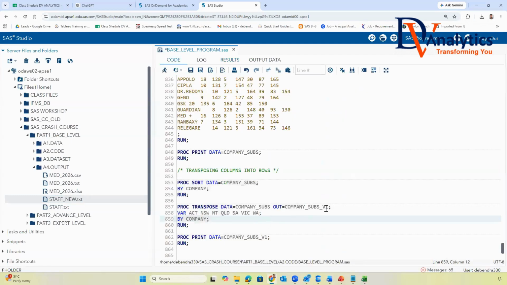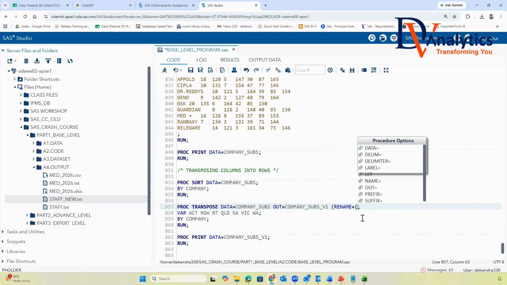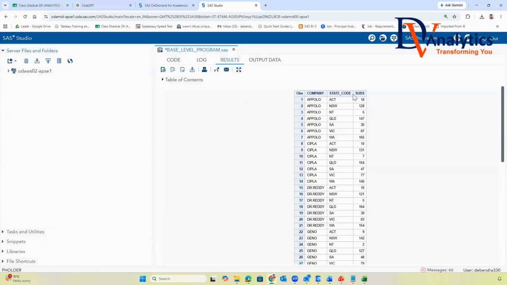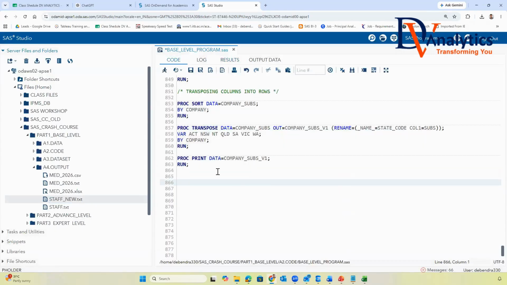So you write here bracket start, rename bracket start, underscore name underscore equal to state underscore code, col1 equal to subscriber, close the bracket. Now if you run this program, it will come as state code and subscriber. This is how transposing happens from columns to rows.